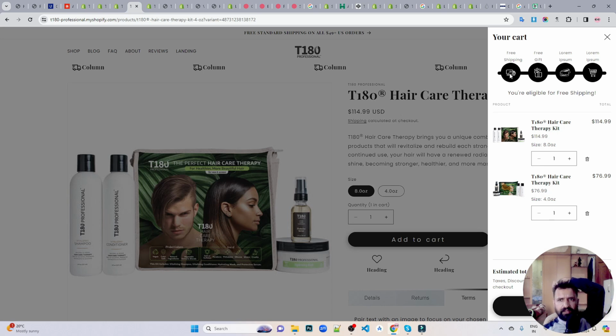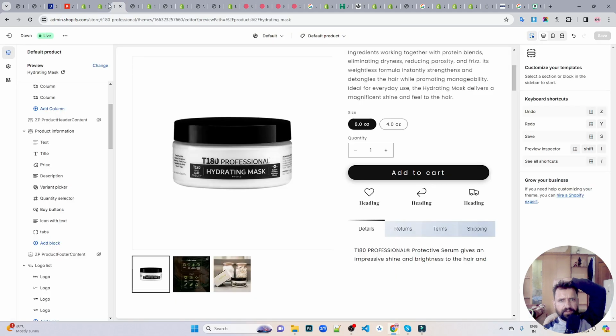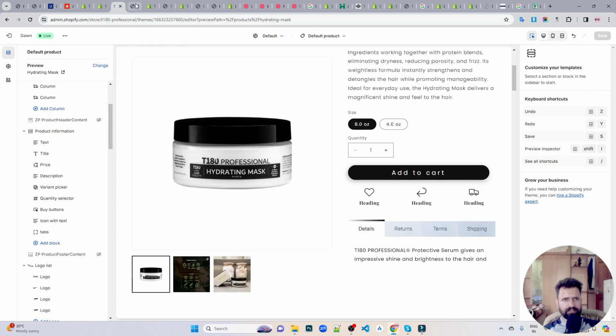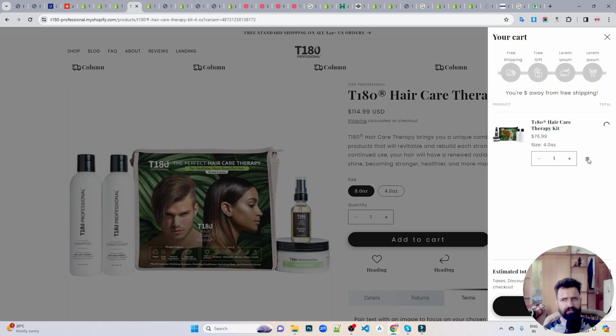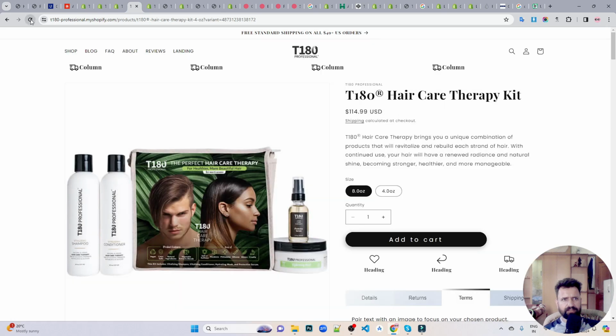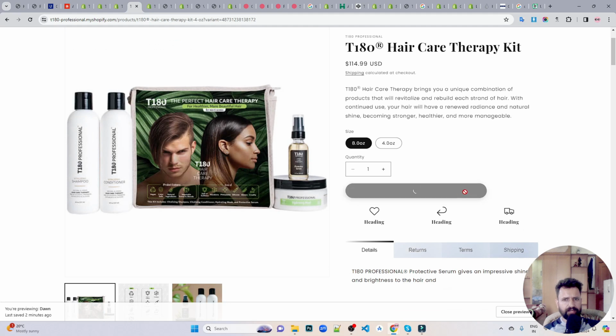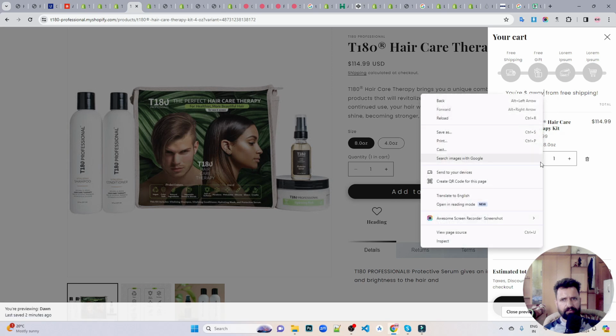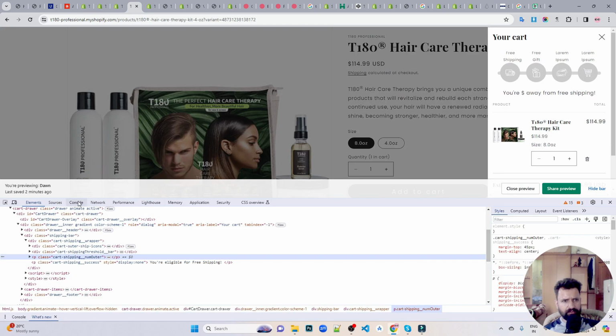Of course I'm going to make them also like if I remove this, and I'll actually ensure that the free shipping is given when it is more than 79. Okay, so let's test that out. So I have removed that. Refresh this and add to cart, and it is not working. You are dollar away, so